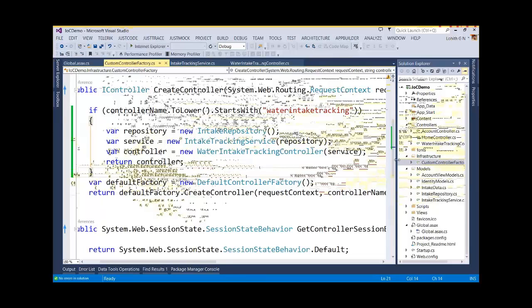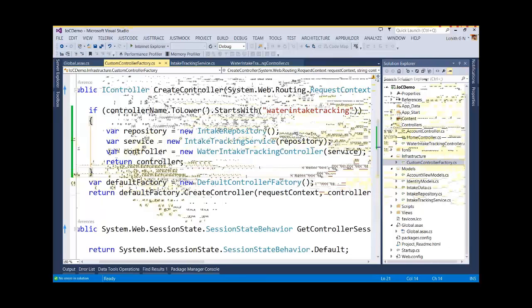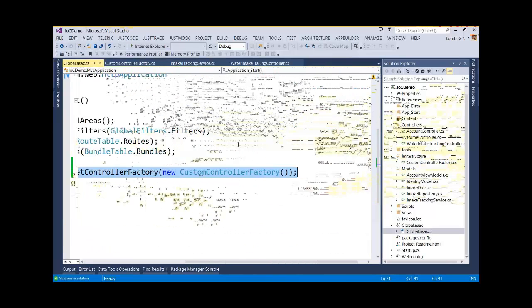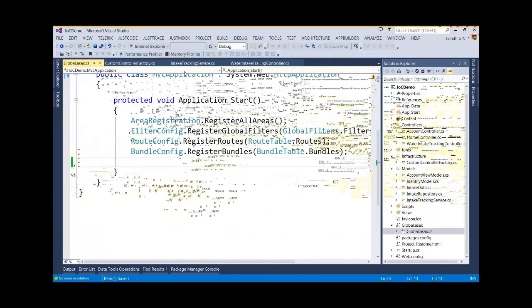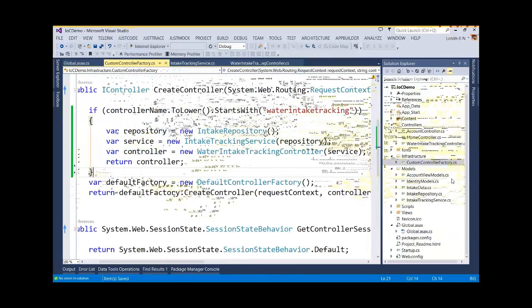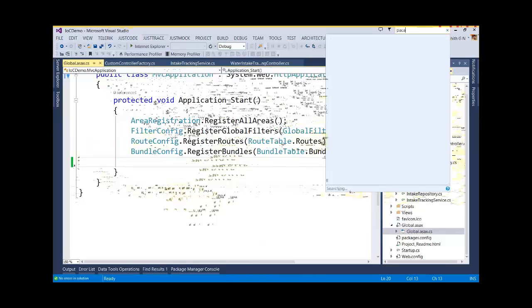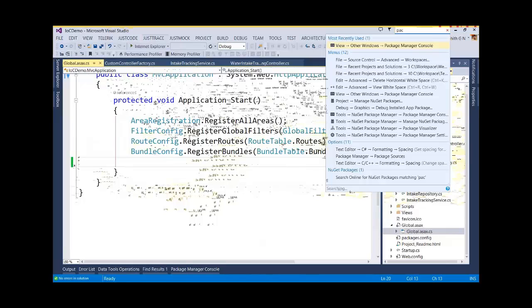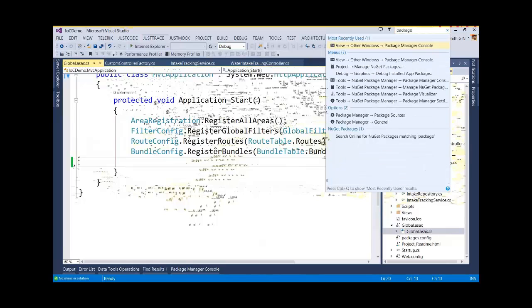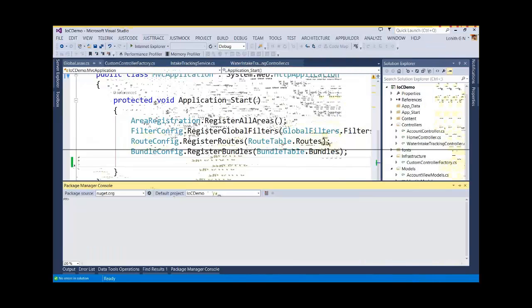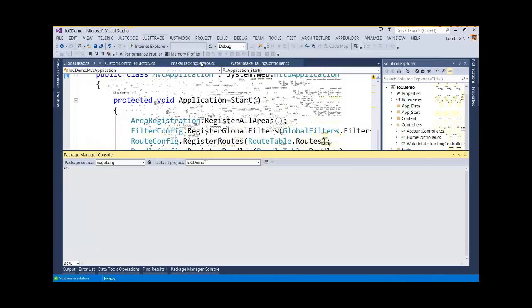One of the better ways is, I will go ahead and remove this custom controller for now, because I'm going to be using Ninject. Ninject is one of the popular DI containers or IoC containers that we have. So I'm just going to leave that. All you need to do is go to the Package Manager Console, and all I'm going to do is get a package called